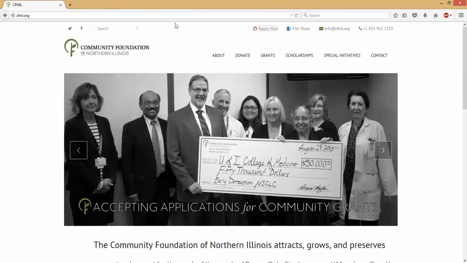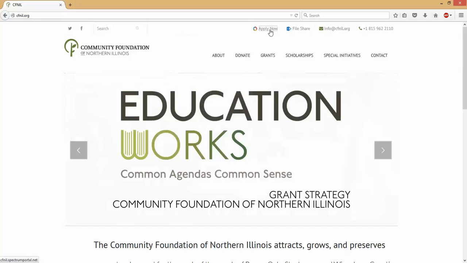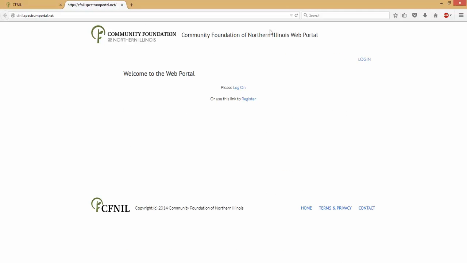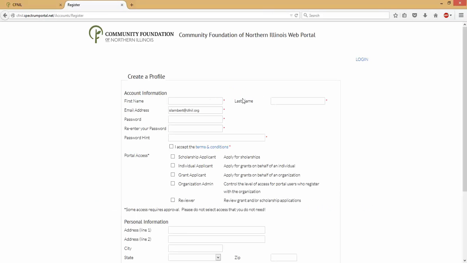The first step to applying for a grant with the Community Foundation is to register with our web portal. You'll go to the Apply Now tab in the corner, and that'll take you to our web portal. So the first time you log on, you'll need to register by clicking this link, and then put in all